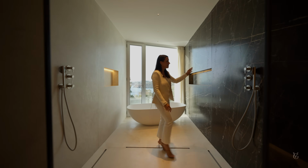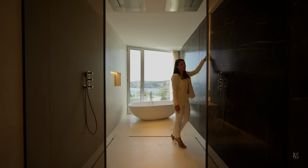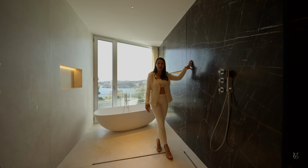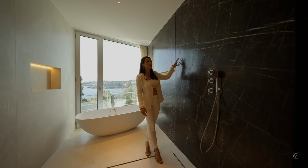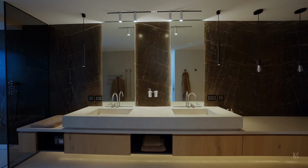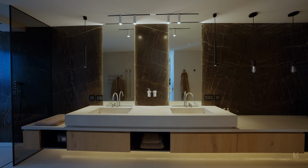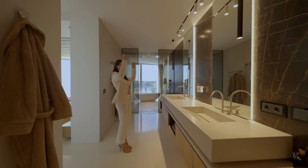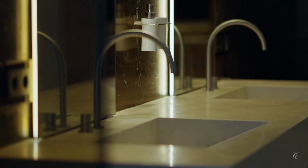Now, I love the fact that we have the same material that is used in the bathroom like we saw in the outdoor area and also on the book match just above the fireplace in the living room. So kind of connects all the areas in this house, making it one. Not to mention 2 sink vanities set up, again beautiful mirrors, track lights, hanging light fixtures, plenty of storage below,